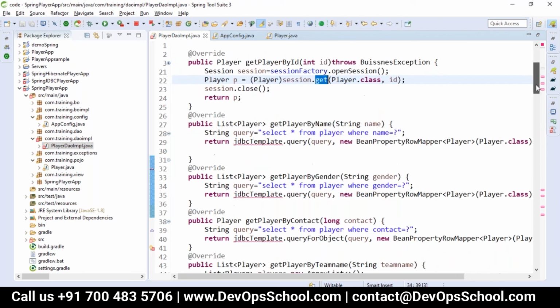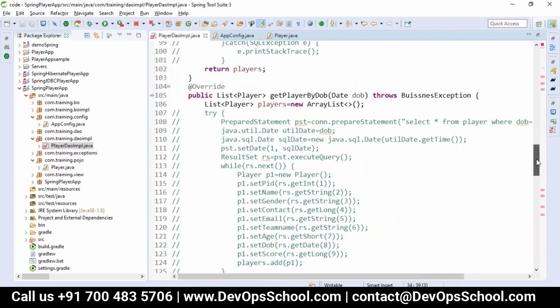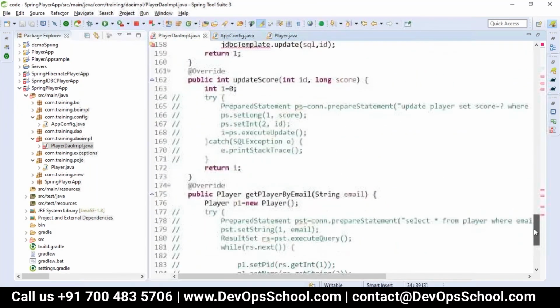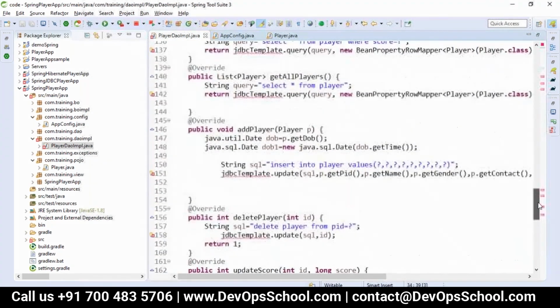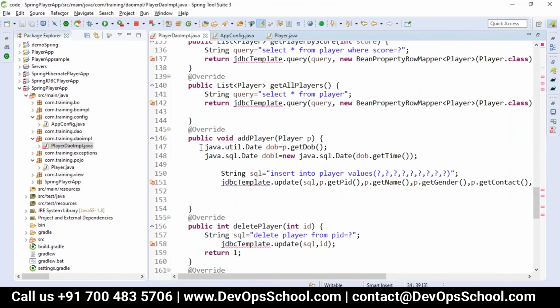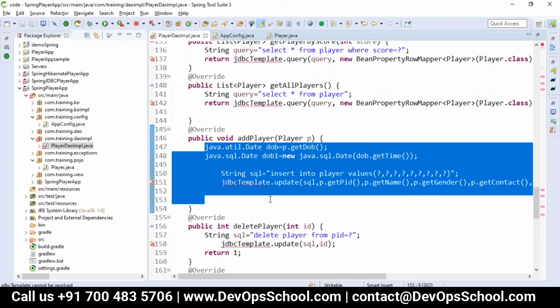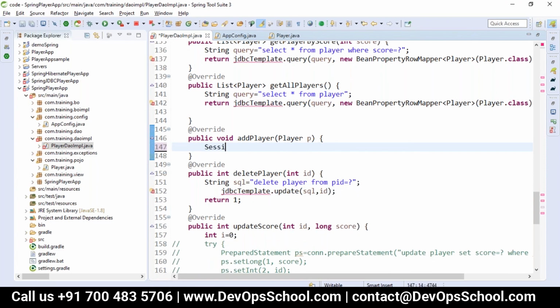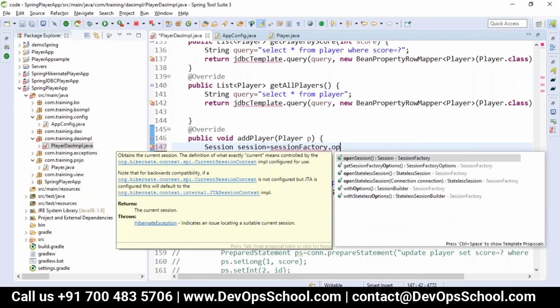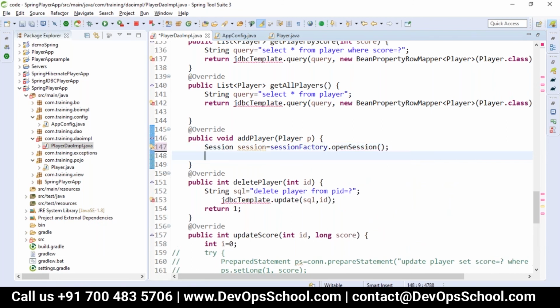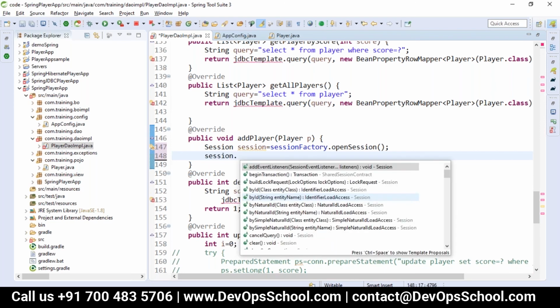Let me come here to another method. We don't need to write any of those things here. We again get the session. Whenever you do a DML operation, it should be committed, so for that we have to configure the transaction.